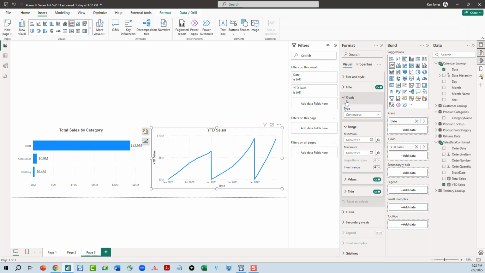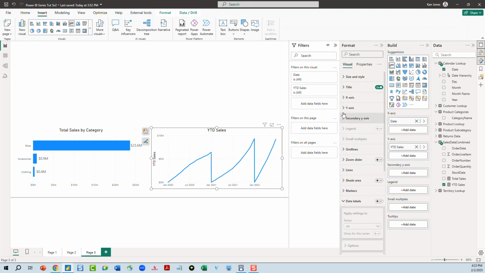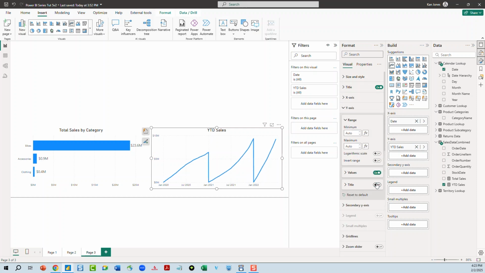All right, I'm going to expand my x-axis. And here, go ahead and get title removed. There we go. And then let me make sure, go ahead to the x-axis, remove that title. And I guess I could update this to call this year-to-date sales by date, but YTD has date in the name. Now, if I was doing something like, let's say, for instance, I wanted to change this date and wanted to make this month,